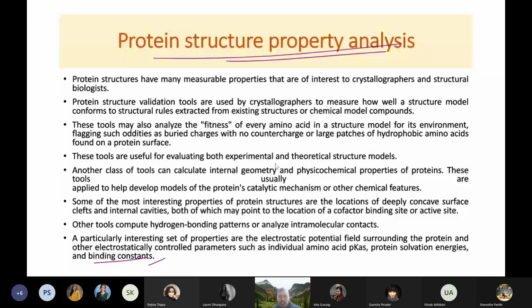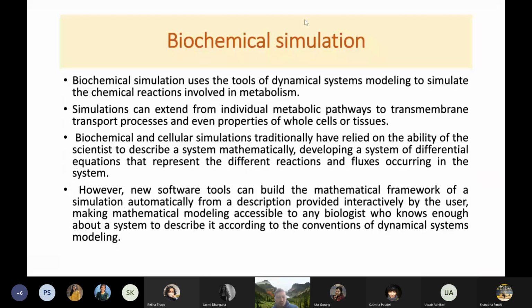So these tools will help in evaluating both the experimental and theoretical structural models, right? यो एक्सपेरिमेन्टबाट आएको र हाम्रो theoretically बनेको structural modelsहरूलाई इभ्यालुएट गर्न it will help. So similarly अरू पनि छ, right? अरू डोमेन्सहरू पनि छ। So you can do biochemical simulationsहरू पनि गर्न सकिन्छ. So dynamic systems modeling to simulate the